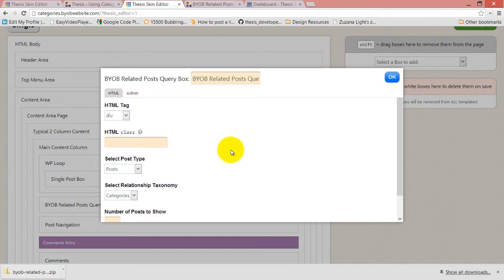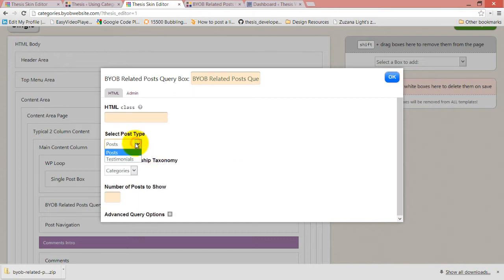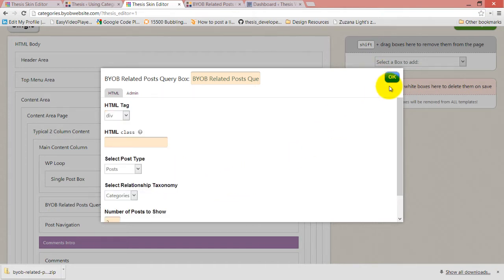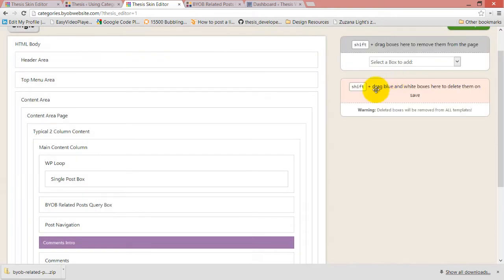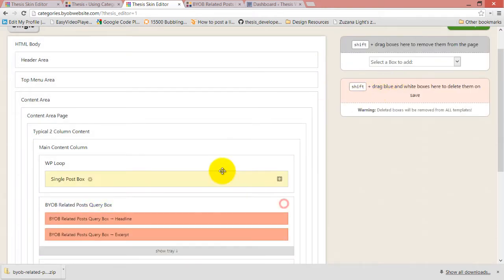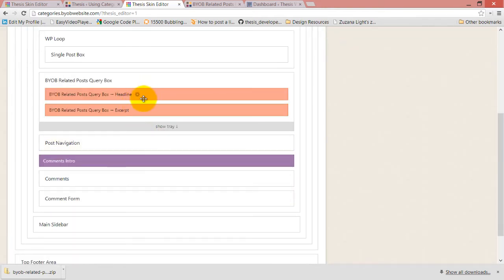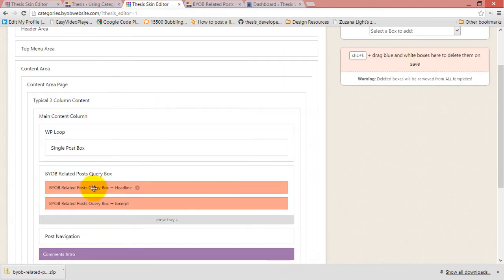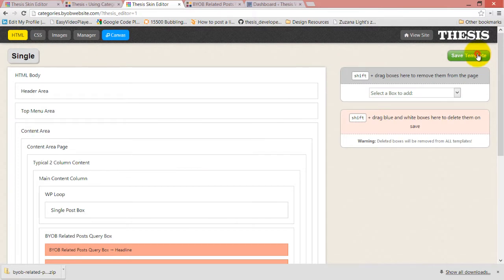And we're going to go ahead and select posts because that's what we've got at the moment. And we are going to pick categories as the relationship. And we'll pick 2 posts to show here. And then the things that we're going to show is we'll just show headline and excerpt here. So if we save this,